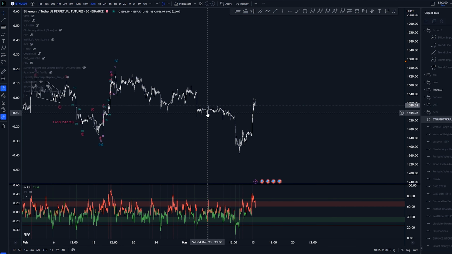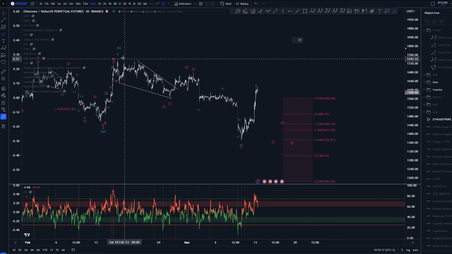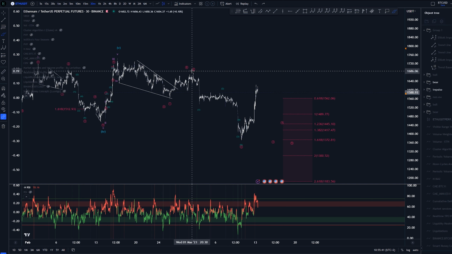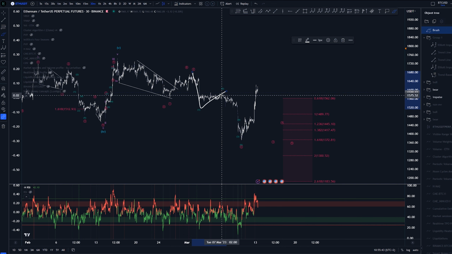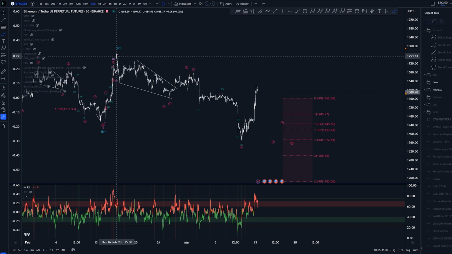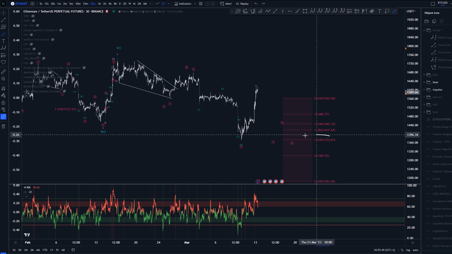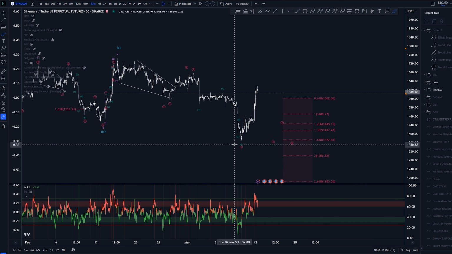So again, 5th of March was around here. And after that, we had a drop. So our expectation previously was that we were creating an A wave or wave 1, 2, and then another 1, 2 setup here. This was the more bearish setup. The more conservative would be A, B, and then looking for a C wave. We hit the 1.618 here, which turns us into more of a bearish scenario.